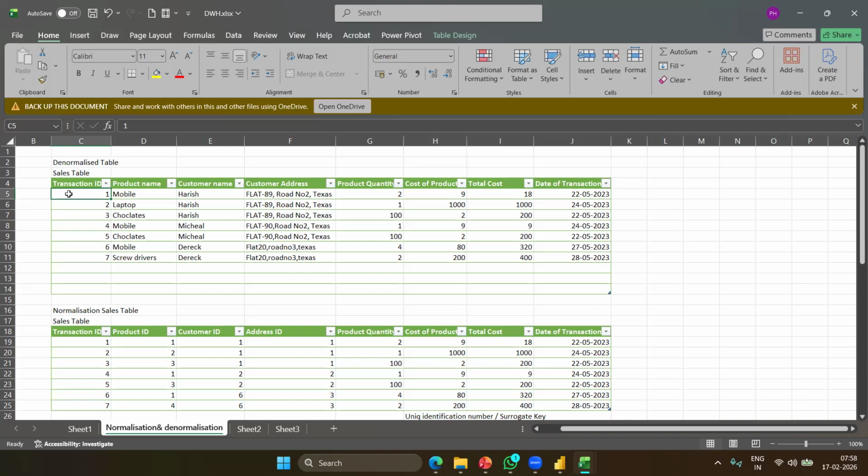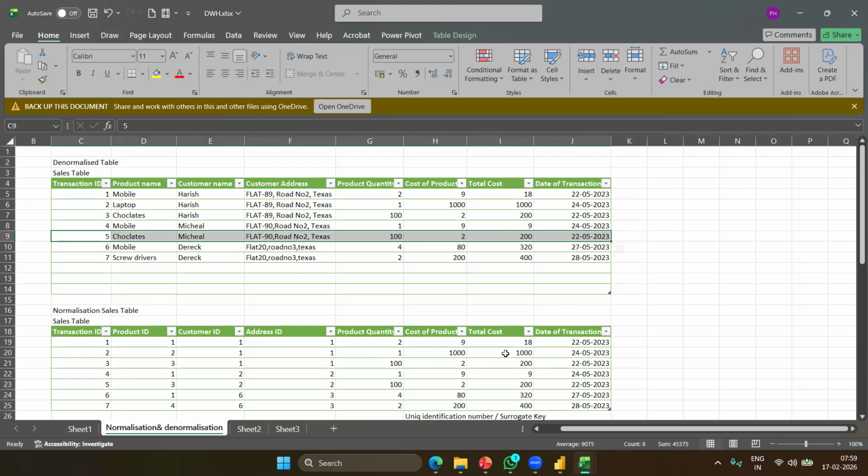Now, in the denormalized form, the majority of information related to a particular transaction or activity is stored in the single table, right? The majority of operational systems follow the denormalized form because think of it, you have millions of records. A customer comes and says, hey, this is what I purchased, now I want some service on it, or I want to raise a request, or I want to raise a complaint. Then they should quickly get the details about that particular transaction, right? If I say this is my transaction ID, then I should get the entire details.